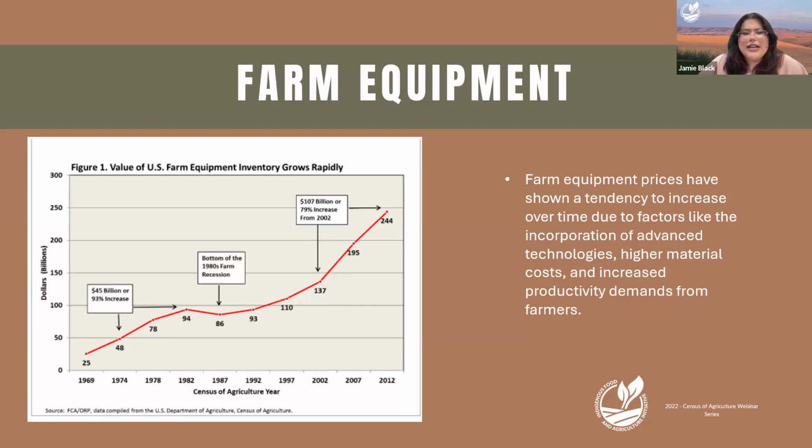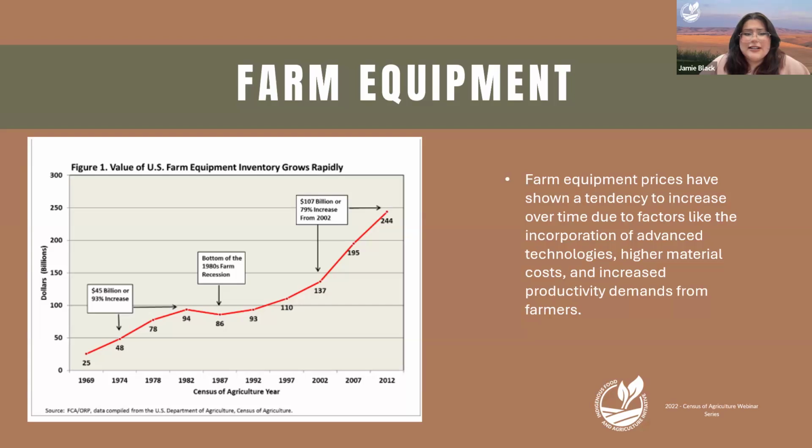But the inflation rate can vary too, based on the agriculture economy and global market dynamics. During periods of prosperity is usually when we'll see that farmers are going to increase their investments in farm equipment. For example, this figure shows that from 2002 to 2012, farmers enjoyed a 166% increase in their net cash farm incomes. So you kind of see that they're willing to go out and invest more in a nicer tractor, a bigger combine. And so